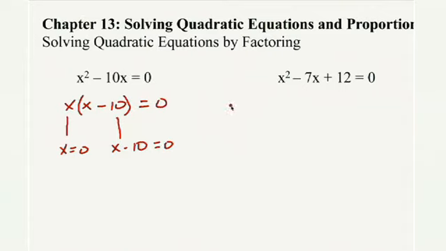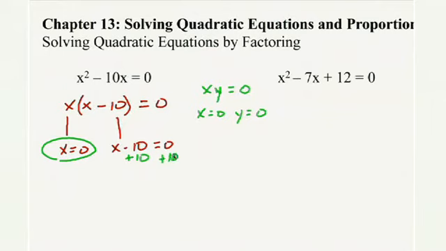Now, the principle that we follow for this is the rule where if you have any two terms multiplied together that give you 0, we know that either x must equal 0 or y must equal 0. So our x and y in this problem are x and x minus 10. If either of these is 0, then this whole equation will be 0. So now we're going to solve this. This one is finished. There was nothing to do. And on this side, we need to add 10 to both sides. So we come up with x equals 10 and x equals 0. These are the two solutions to this equation.